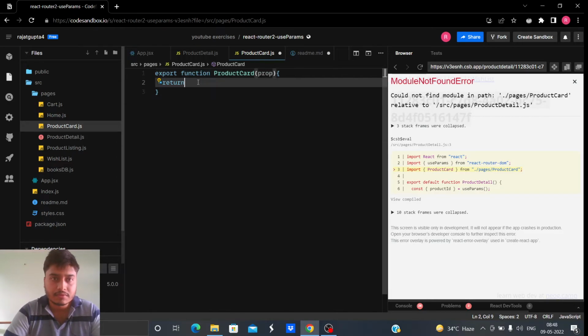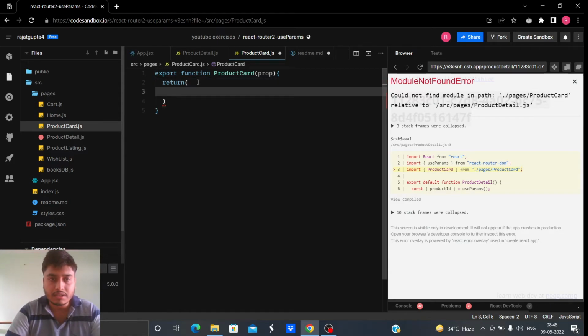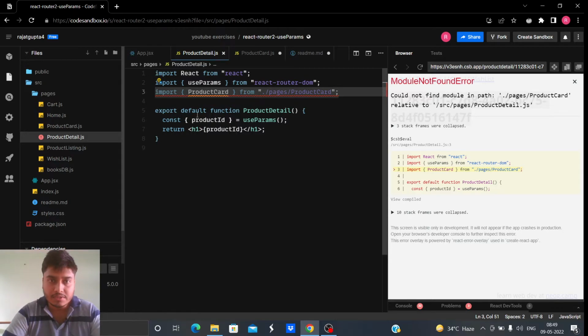So what I want to return is, inside this prop I want product to come. That particular product with that particular ID on which I have clicked, no? For that, what I have to do is easy.